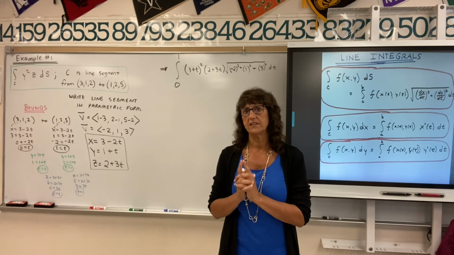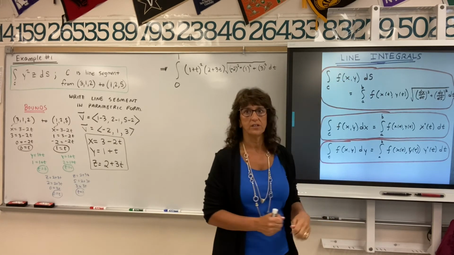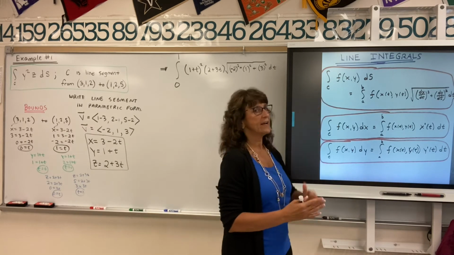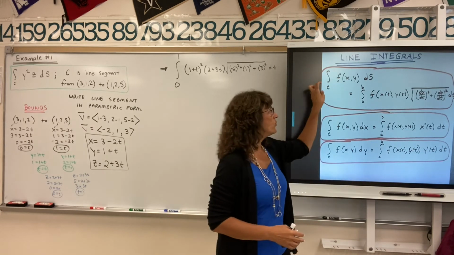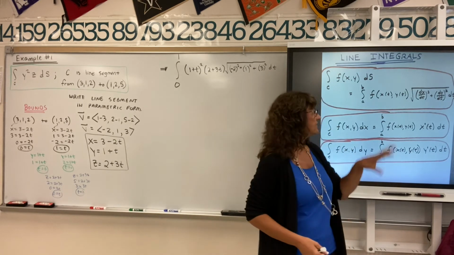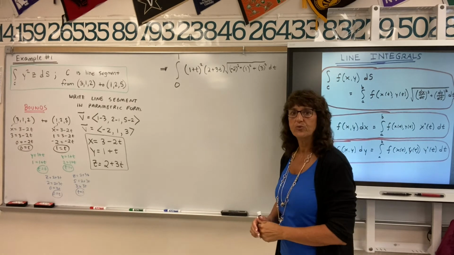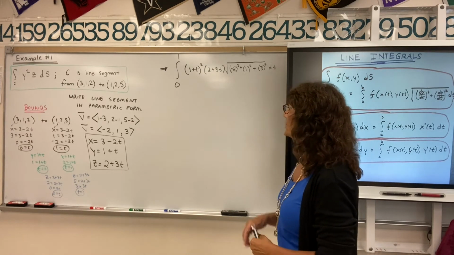When you're dealing with a line integral, we want to see if we've got methods of taking the integral in terms of x and y, or in terms of x, y, and z. And we want to parameterize, okay? So you're going to want to write the x's and y's in terms of t. You can only have a single variable, and then after we parameterize, we're going to go through and evaluate and